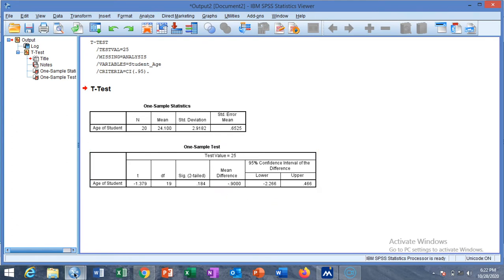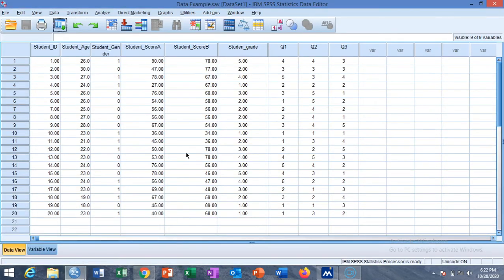Now again come to the data and conduct a test to see whether there is a difference between the means of two independent populations or two independent groups. We assume that the two samples have been taken from two different populations, that is, one is the population of males and one is the population of females. We can see whether the mean score of males differs from the mean score of females. We can conduct the test for score A or score B or both.